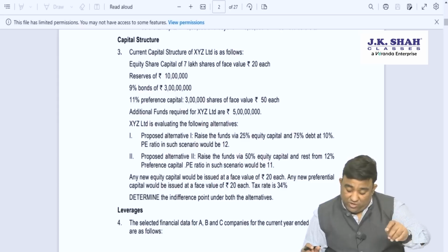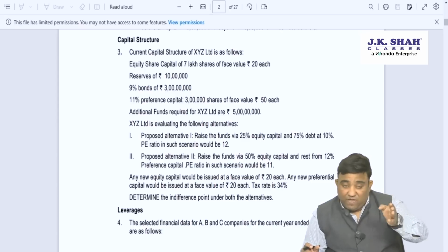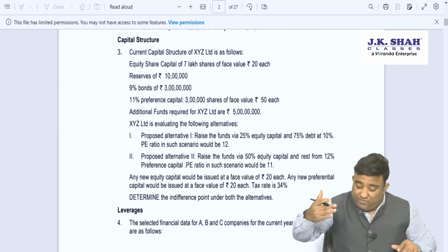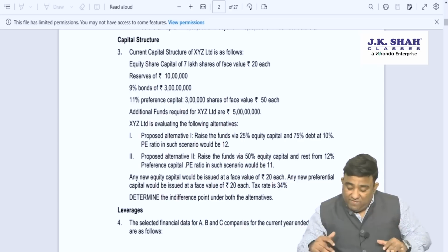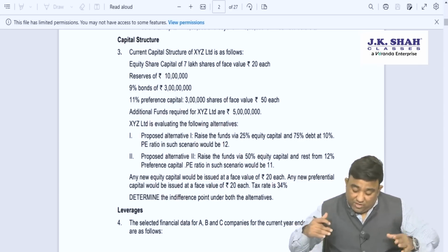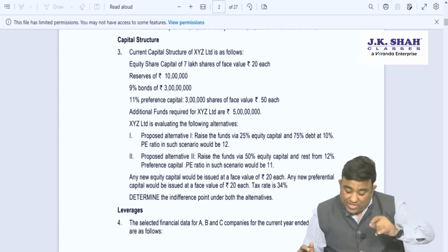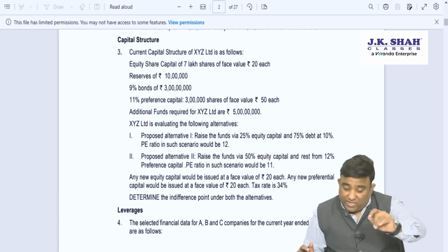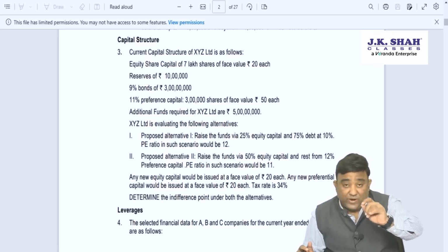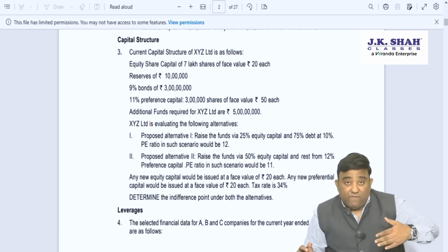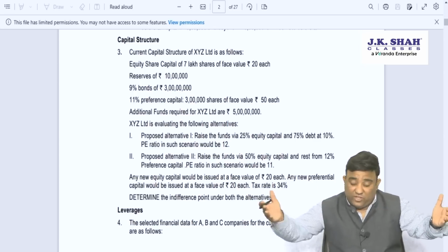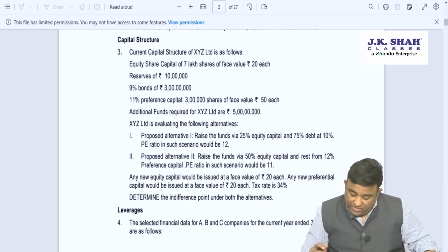XYZ is planning for the following alternatives. Proposal 1, raise funds 25% by equity, 75% debt, and that debt will carry an interest rate of 10%. PE will be 12 times. Proposed alternative 2, raise 50% equity and 50% preference, 12% will be the rate of dividend of preference. PE ratio is given. Any new equity capital will be issued at a face value of rupees 20 each. That means the issue price is absolutely ready with you. Any new preference capital will be issued at a face value of 20, which is irrelevant as far as the number of equity shares is concerned. You are not concerned with the issue price of preference. Tax rate 34%, determine